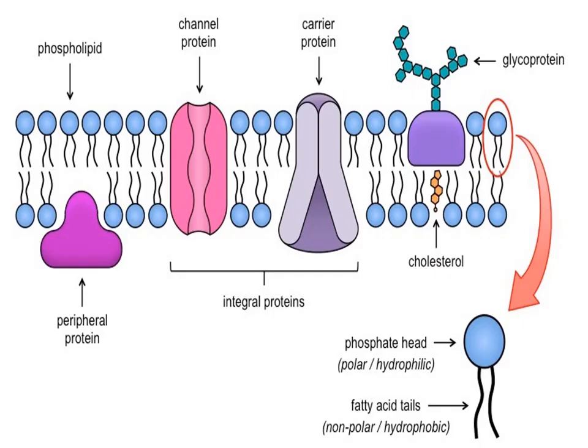Now there are different types of proteins present here, like peripheral proteins and integral proteins. Some of the proteins are making channels here, that's why we call them channel proteins. There are some carrier proteins which can carry substances from one side of the plasma membrane to the other side. There are glycoproteins, which have a carbohydrate moiety. Cholesterol is also present here, and different types of lipids can be present here. So all these components of the plasma membrane you can see in this picture.